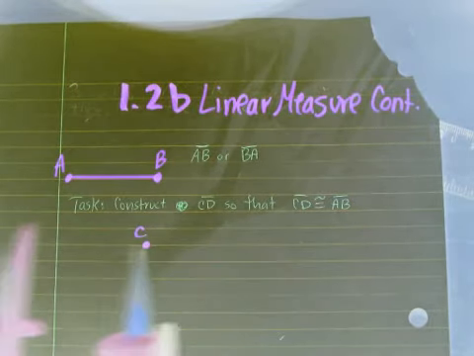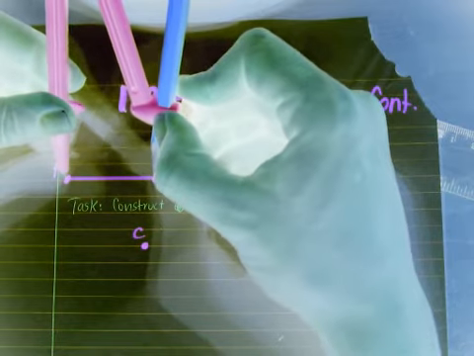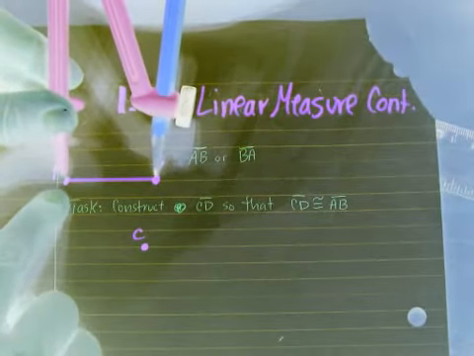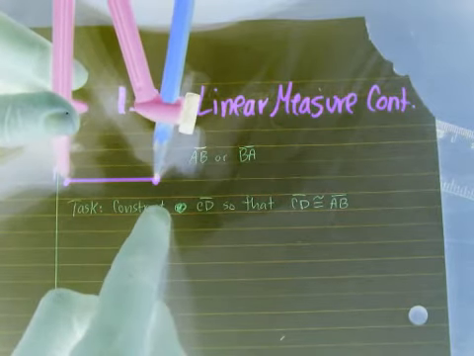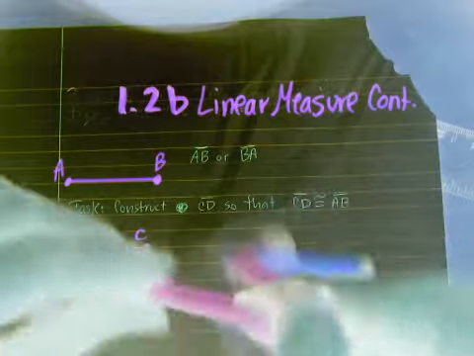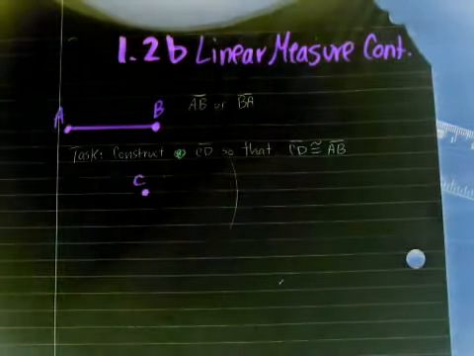Then you're going to actually measure AB with your compass here by putting your point on the tip, kind of the needle, on point A and the pencil on point B. After you have that distance measured out, you're not going to touch your compass. You're just going to hold the top. You're going to put the needle point on C very carefully, and you're going to put a nice arc with